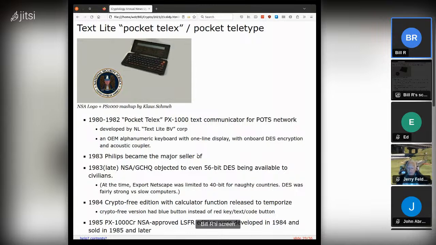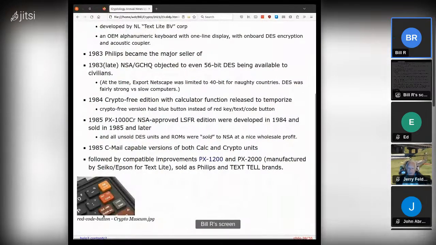And we weren't supposed to be giving 56-bit encryption to people that we didn't approve of. And so Philips leaned on their original equipment maker, TextLite BV, who quickly came out with a version that had a blue key instead of a red key. The red key says key text code, and they came out with a blue key that turned on calculator mode, and that was sold for the next year,